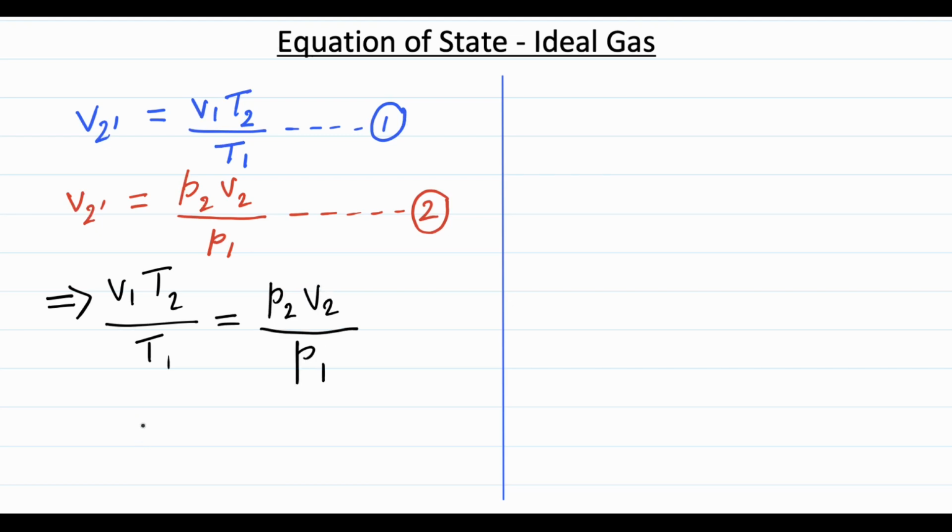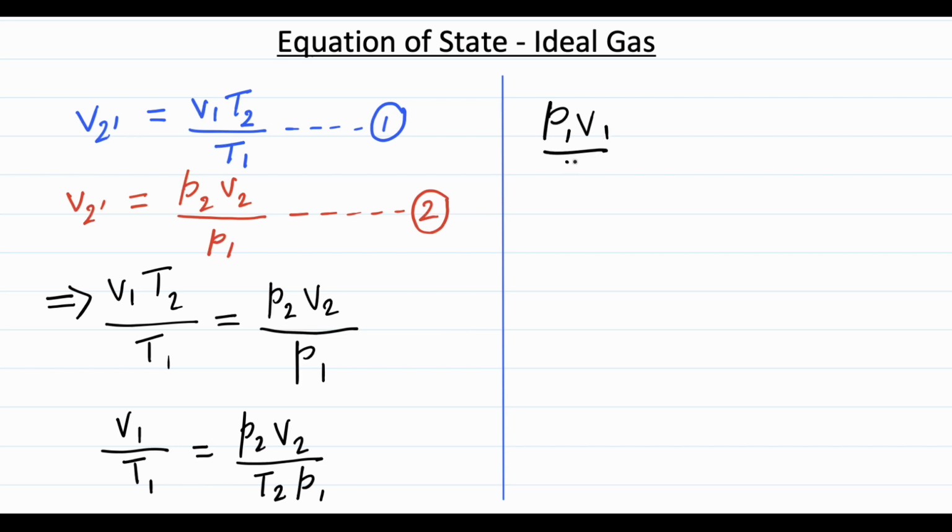We can rearrange this equation and write it as V1 by T1 is equal to P2 V2 divided by T2 P1, or we can write it as P1 V1 by T1 is equal to P2 V2 by T2,